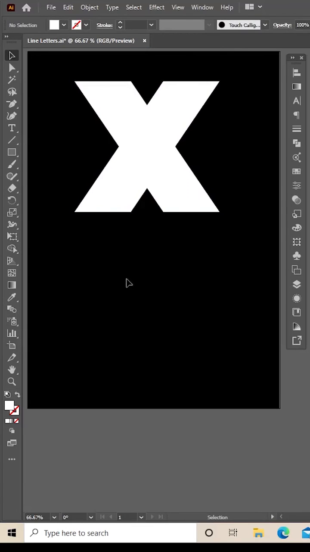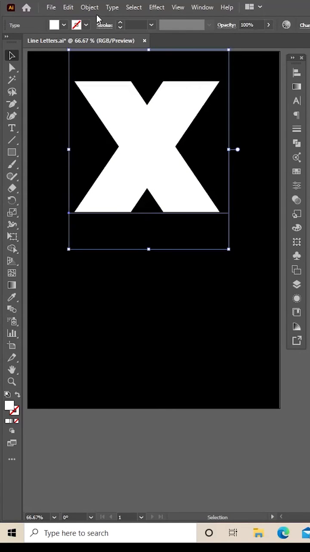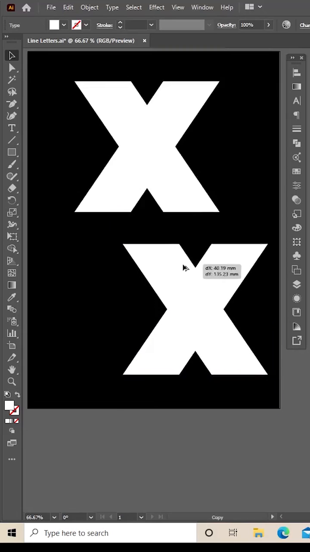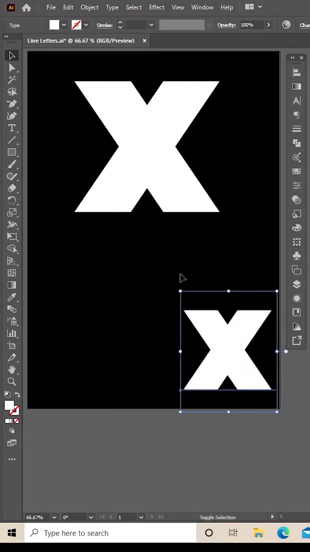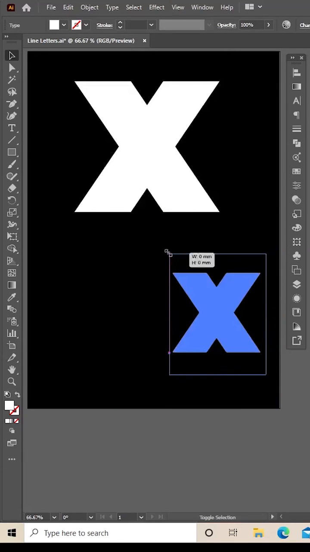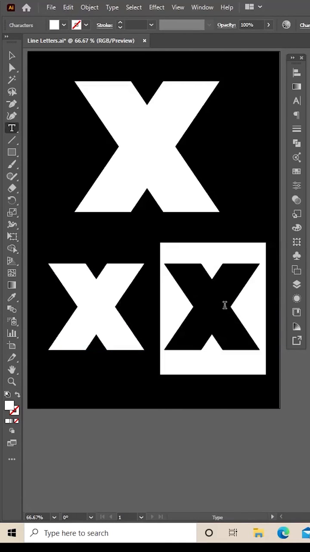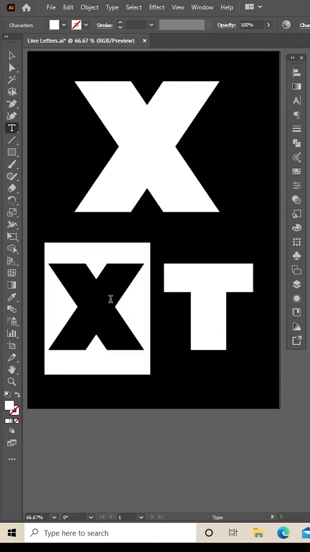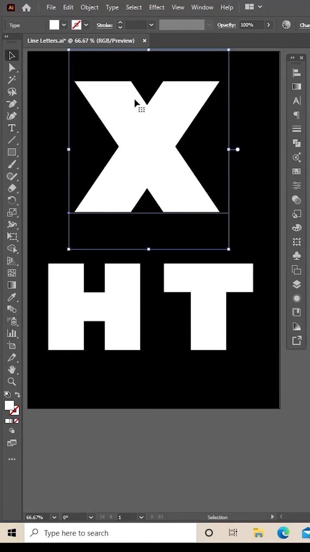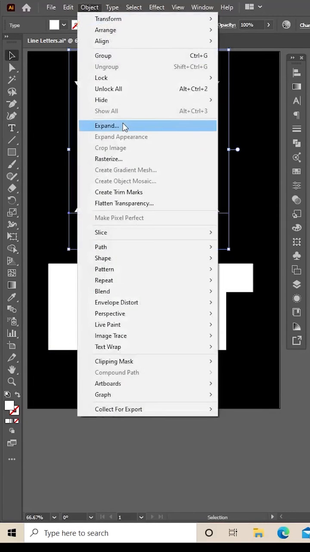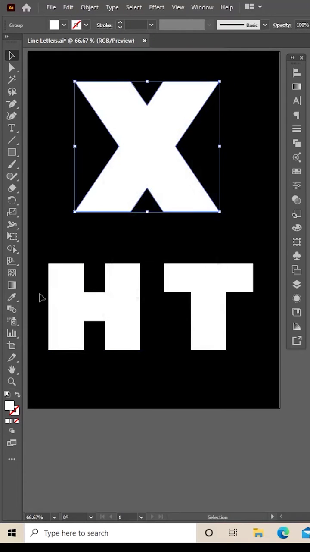And then what I'm going to do is I'm just going to make a few duplicates of this. I'm just going to drag it down like so and make that one smaller, and then duplicate that one and drag it to the left like that. Now I'm just going to change these letters. Okay, and then with the first letter X, I'm just going to expand that,